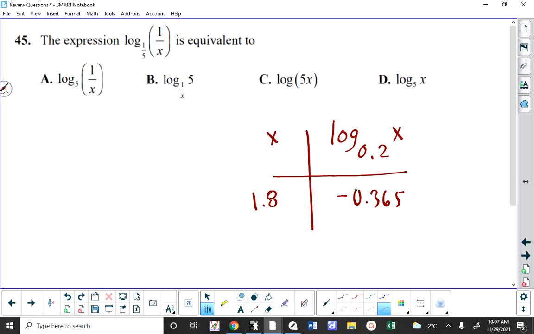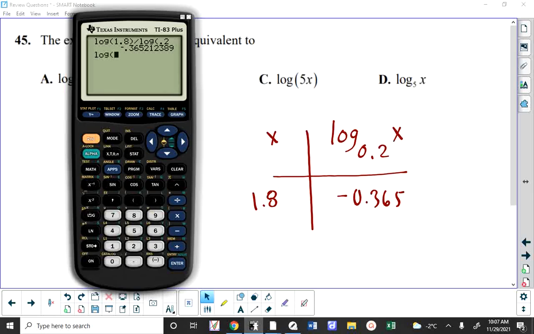This method is a good strategy as long as you recognize that you choose some number for x that's not a really common number. You don't want to end up getting the same answer by a fluke. So I'll pick on C. If I take the base 10 logarithm of 5 times 1.8, I don't get that number. If I go to D, if I take that